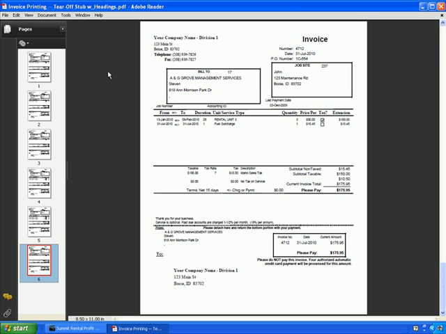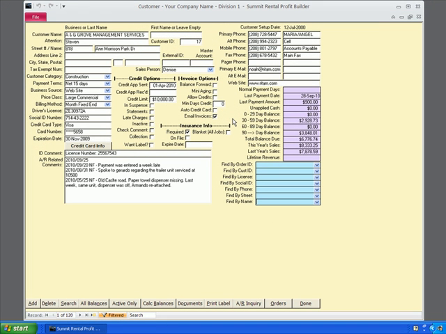And since the customers get their invoices quicker, you get paid faster. Can it get even better? How about getting paid instantly? To see how that's done, let's go back to the customer screen. If the customer agrees to pay by credit or debit card each month, we can save their card information in